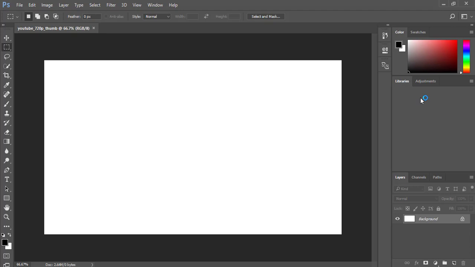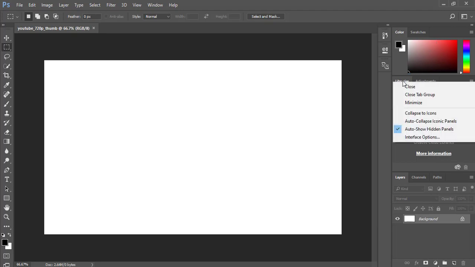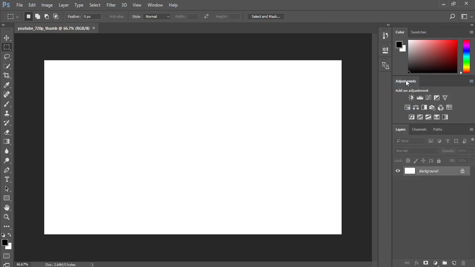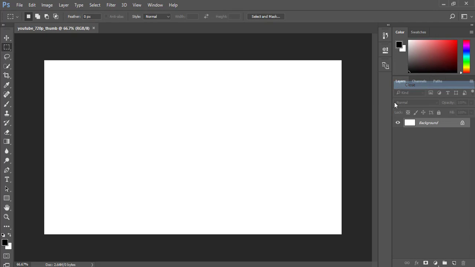All right, and what we want to focus on right now is the layers here. This is the most important thing at the moment. So what you want to do is get rid of the libraries. So right click on Libraries and close it. We don't want to work with the adjustment now, so you also want to close that. So close your adjustment. Now you have a whole back side for layers, channels, and paths. So this whole place is for layers, channels, and paths. So now what do we do next? We have reset our settings. We have created our